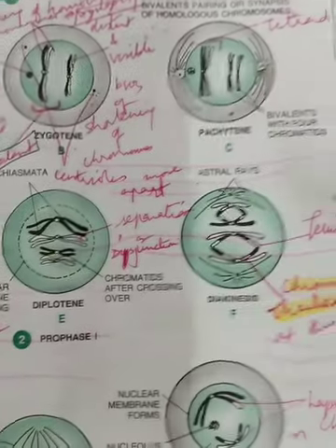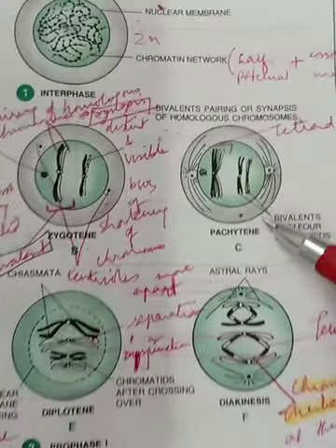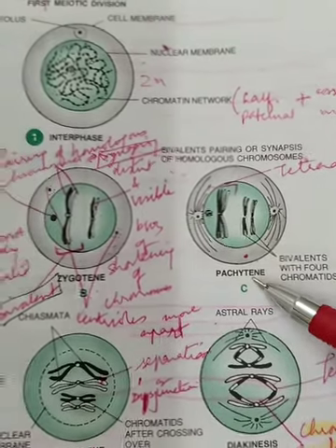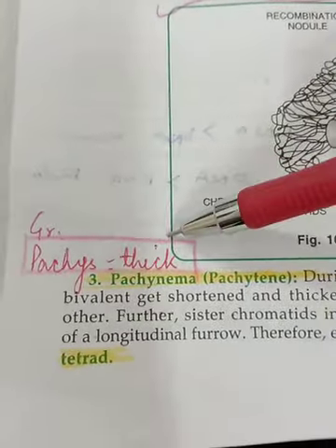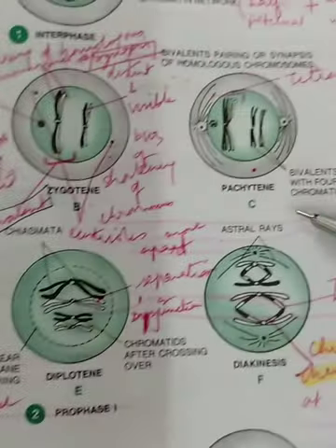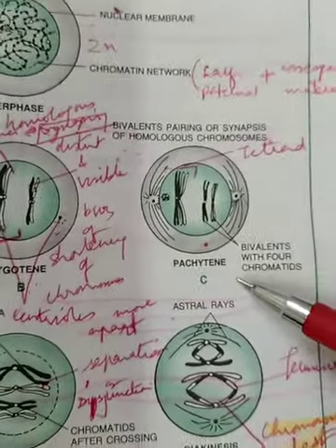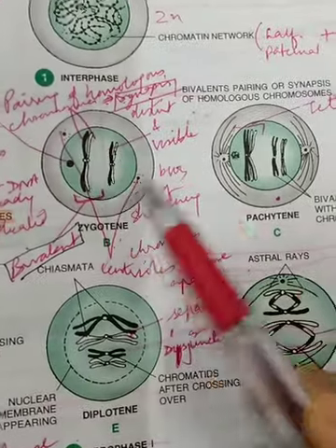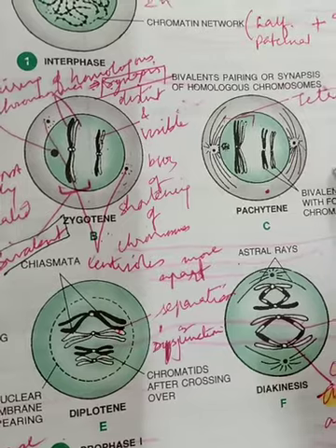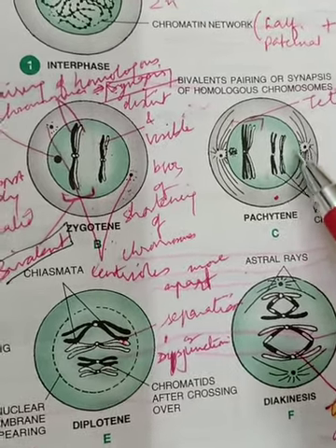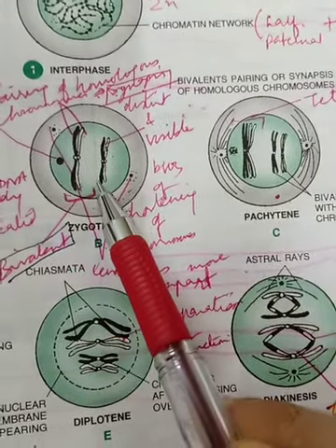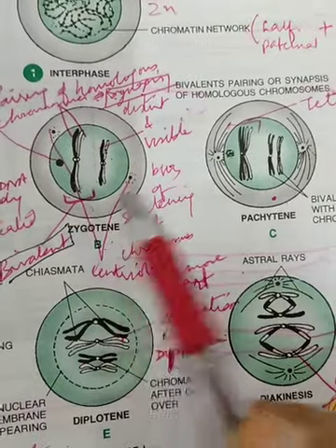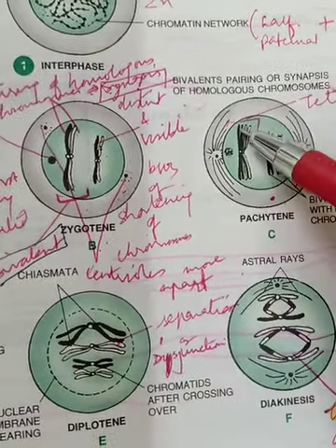Then coming to the third is the Pachytene stage, right? This is the Pachytene stage, and what Pachys means is thick. There's another Greek word Pachys which means thick. So as the name tells children, what is becoming thicker here? The paired chromosomes of the bivalent, you can see they are becoming further shortened and thickened, and they're more clear. They are twining around each other, and sister chromatids in each chromosome, that is here one black and one white, the sister chromatids in each chromosome become distinct by appearing of a longitudinal furrow.